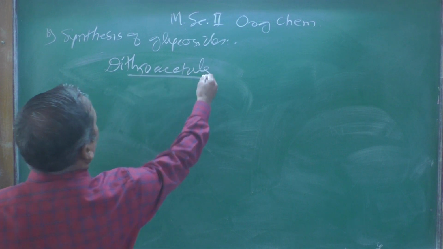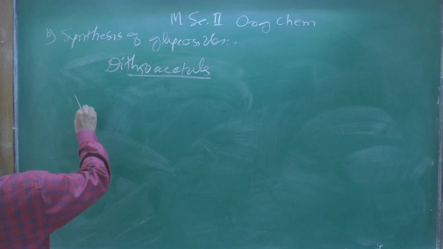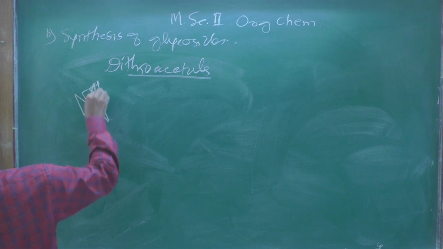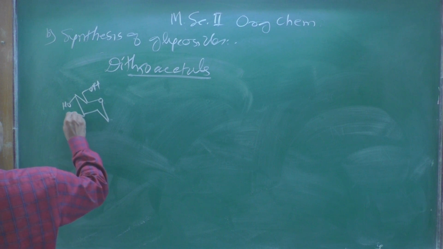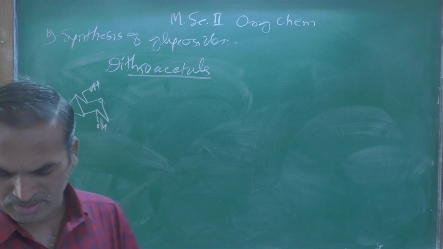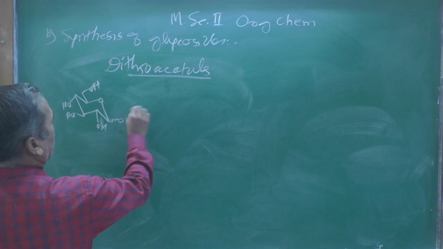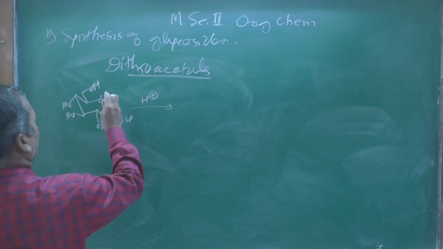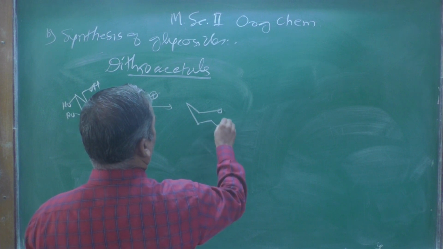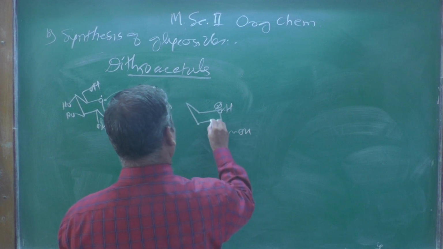So how can dithioacetals be obtained? Let us see here. Suppose we have this one: OH, then HO, then OH, and at the anomeric carbon atom, that is a hydroxyl group, we can show over here. Suppose it is carried out in presence of acid. So this gets protonated first, and you are going to get this type of structure here, H with a positive charge over there. Suppose this one OH, other OH